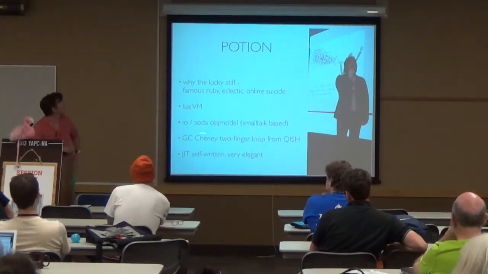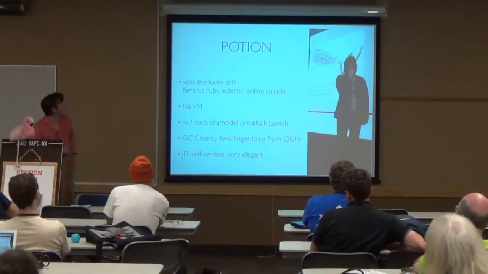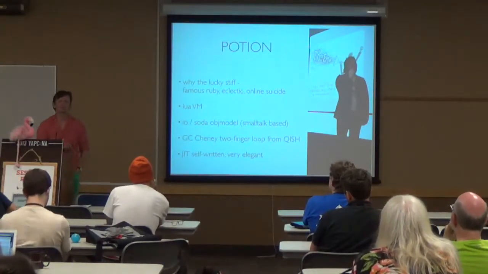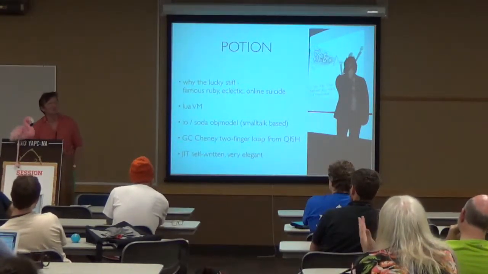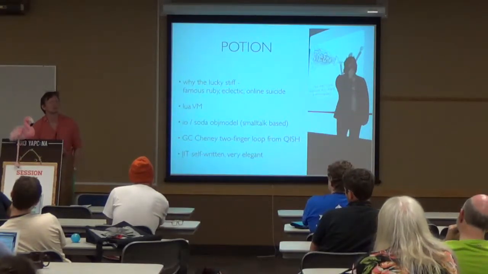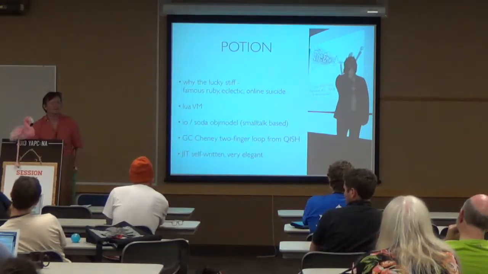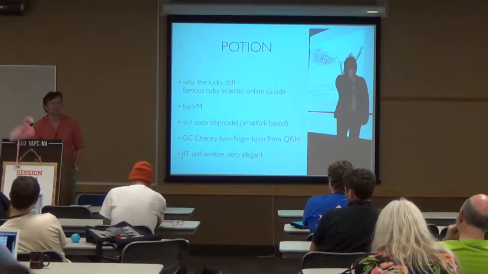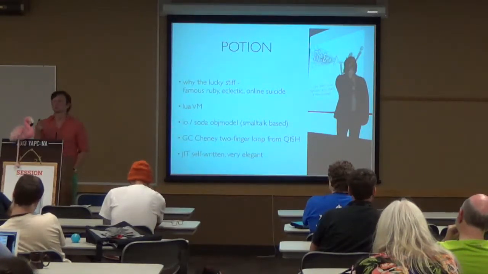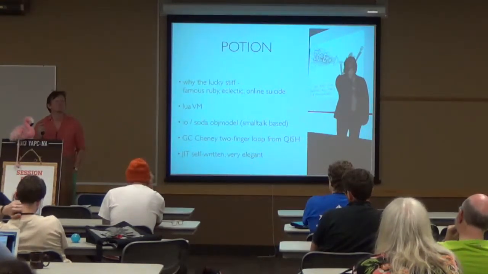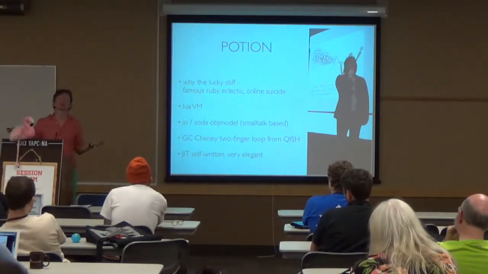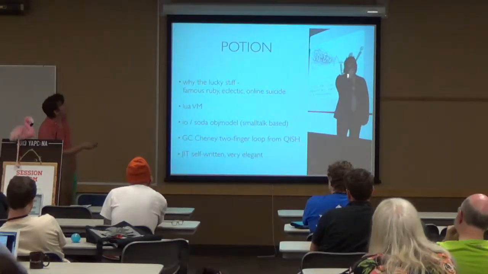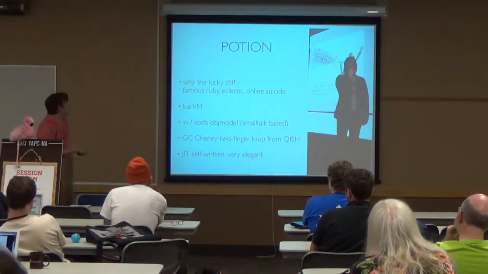So he took the Lua VM, he took this guy's IO object model, which is Smalltalk based. And this guy is Ian Piumarta, which is basically a good friend of the Smalltalk inventor. I think he's from Britain, and more like a functional language, Lisp guy. So he wrote the parser and he wrote the object model, and he's working on a project, F-Func, functional object. So he wants to recreate the power of Smalltalk in the world, to show everybody how good Smalltalk is. He wanted to show how good Ruby is, and we want to show how good Perl is.